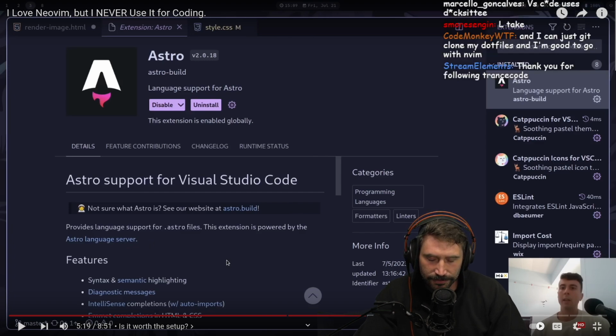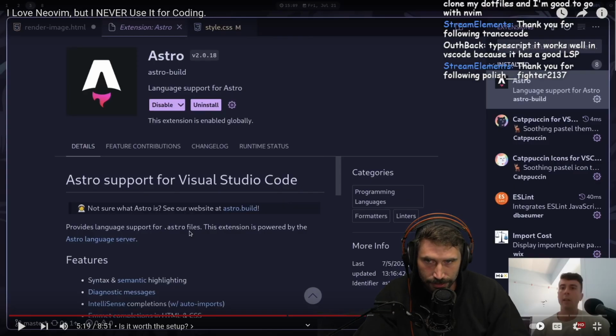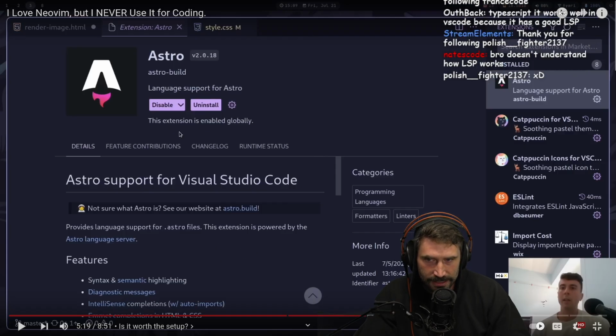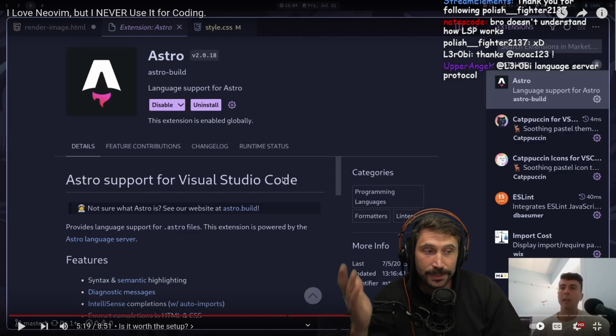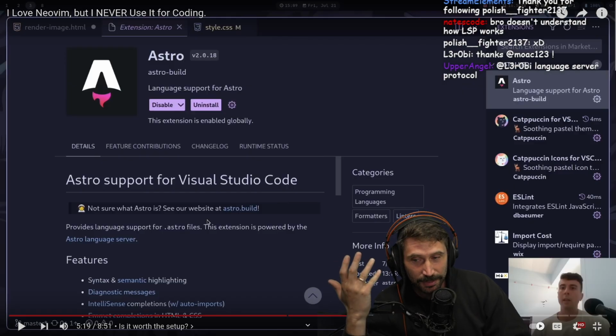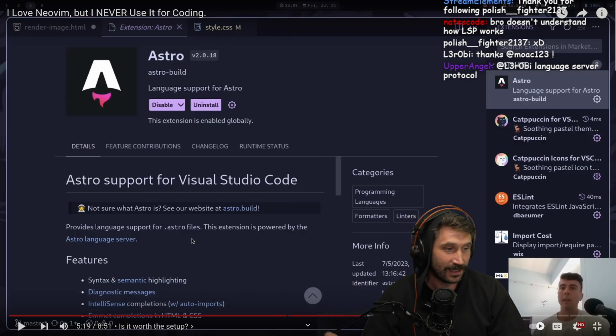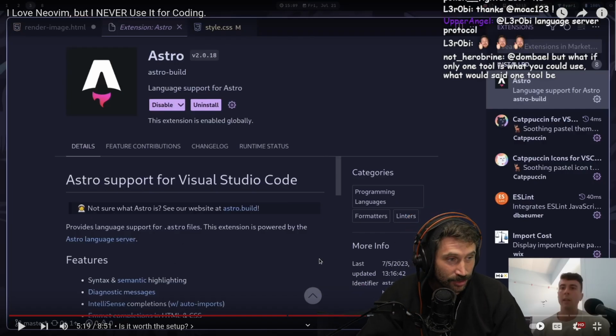The thing is that for you to have integration with a language server into VS Code, you have to build a language client extension like this. It's not very many lines. In fact, I'm going to go look at this because I need to do this myself. But ultimately, at the end of the day, a language server has no idea about the editor you're using, or at least it shouldn't.